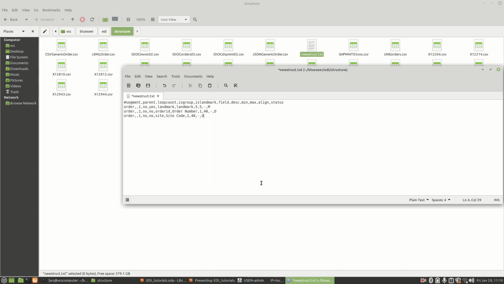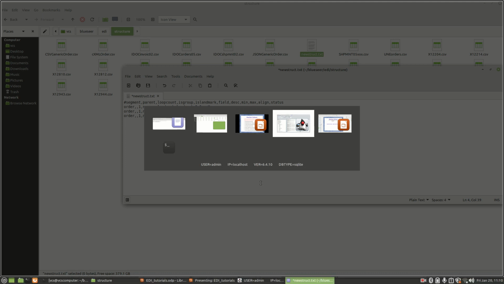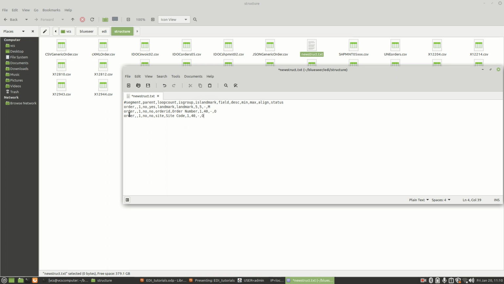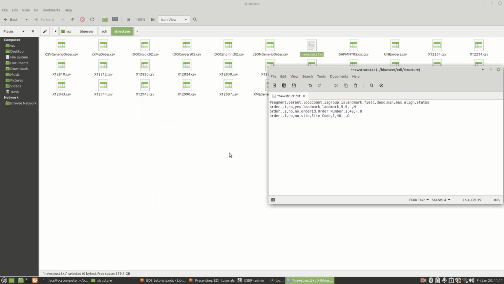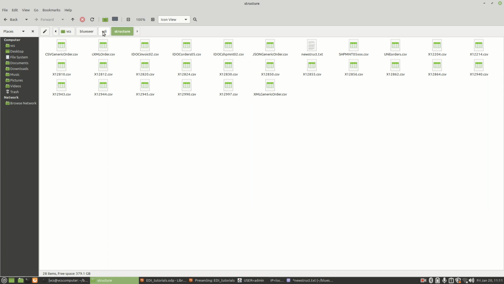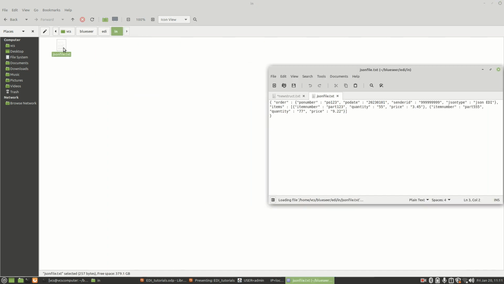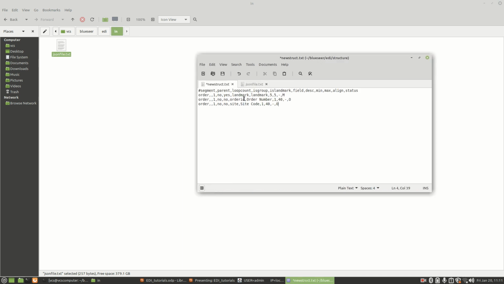I'll just open up the JSON file. Where am I at here? Or have I lost it? I'll have to go back and open it up again. So let's pull him over here. Let's go back here to the end file. Oh, I see what it's doing. It's putting him in the same. Okay, never mind. Okay, so here's the JSON file that we created, and here's the new struct file that we have in our directory,